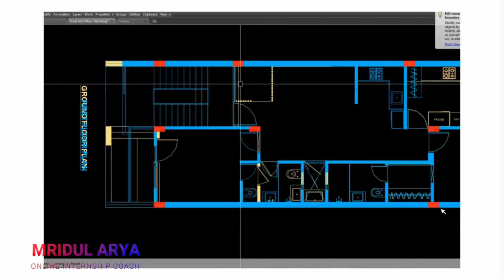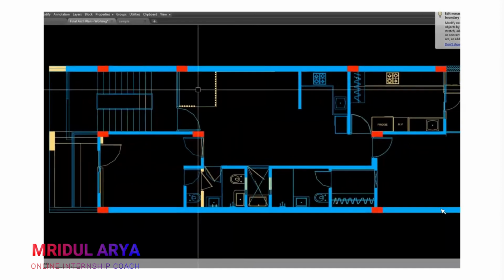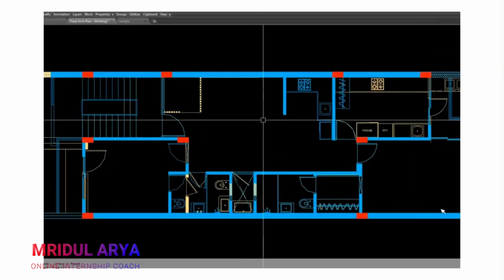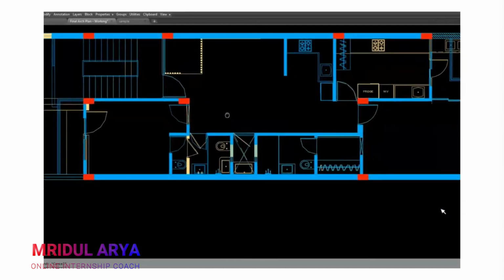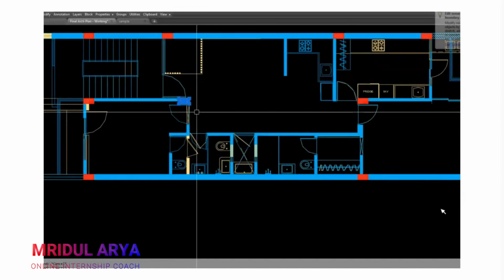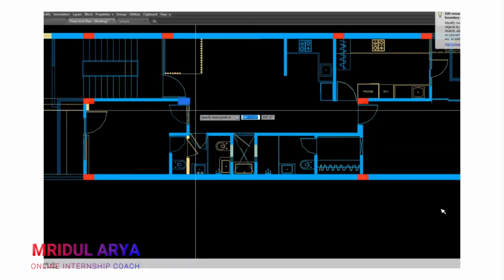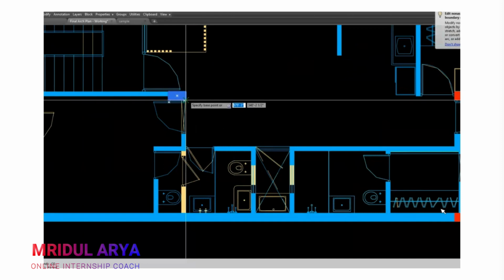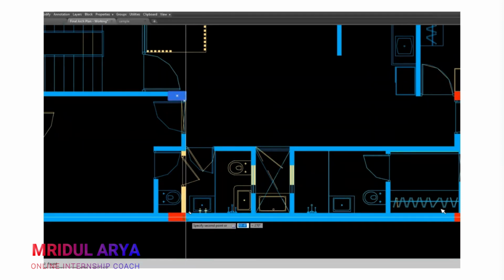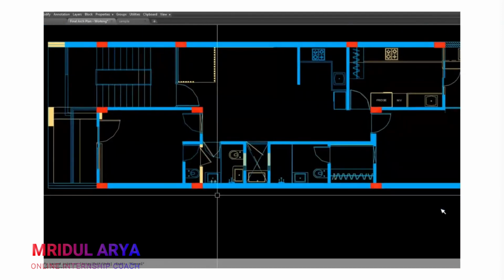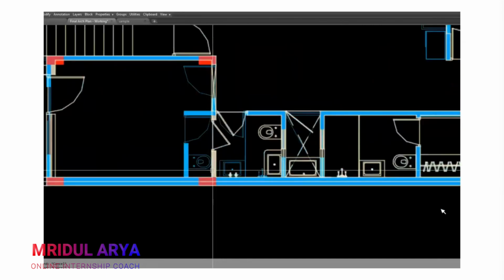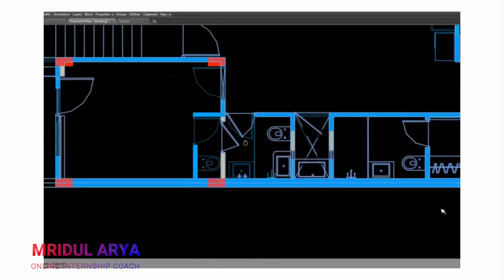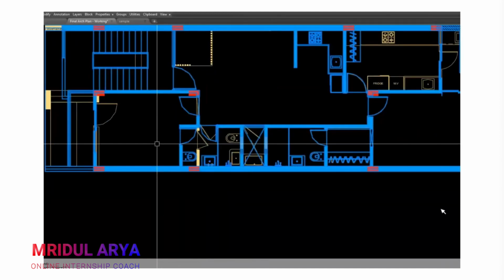Now my next column location will be this. You can see that is my ground floor and that is my first floor.